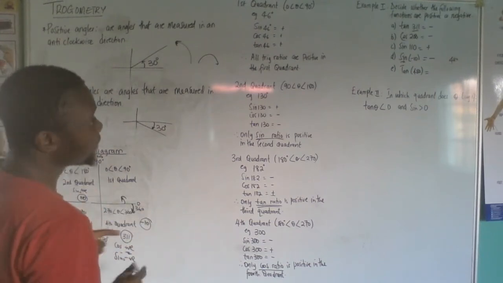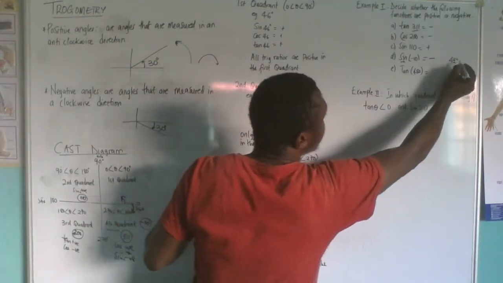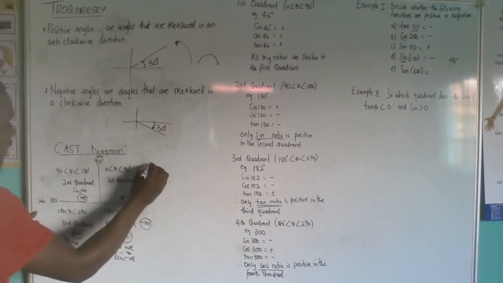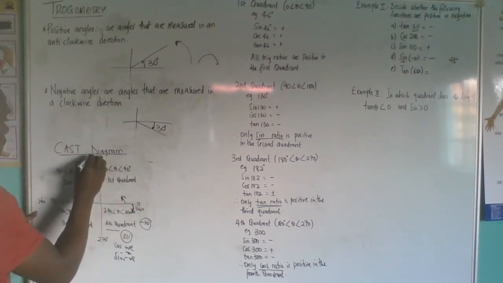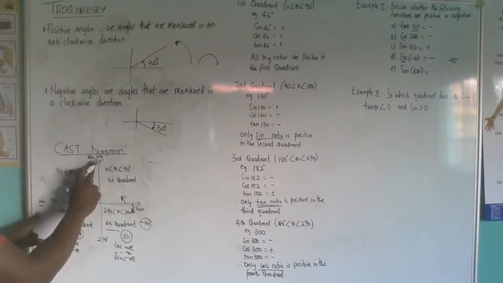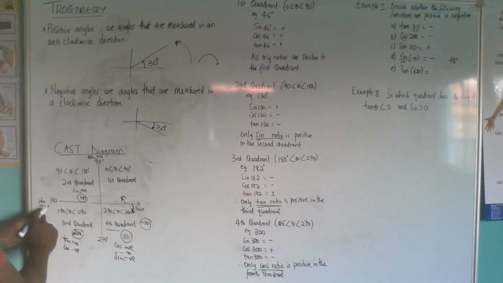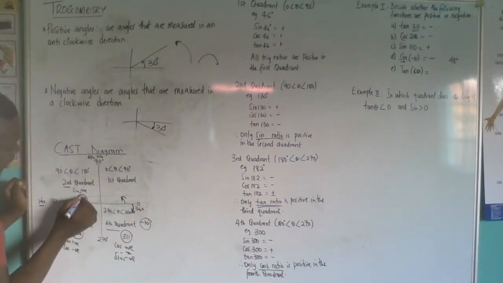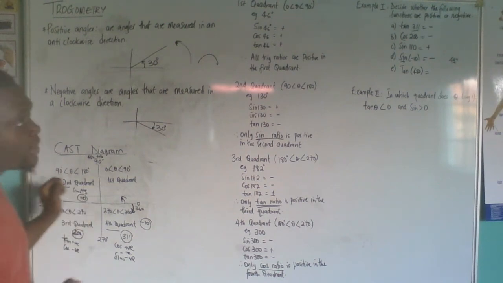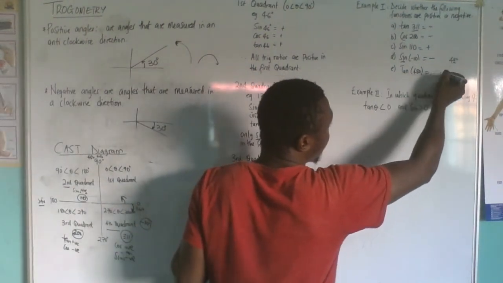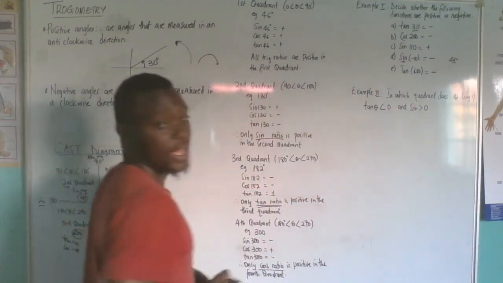Now, that means if I'm dealing with angle 480, 480 will lie between 450 and 540. Are you there? If it lies between 450 and 540, that means it will end up in the second quadrant. In the second quadrant, sine is positive. Only sine is positive. And tan is negative. So if tan is negative in the second quadrant, that means we'll get a negative